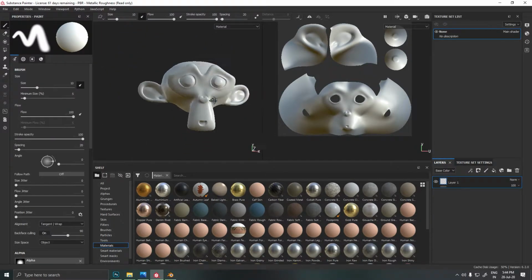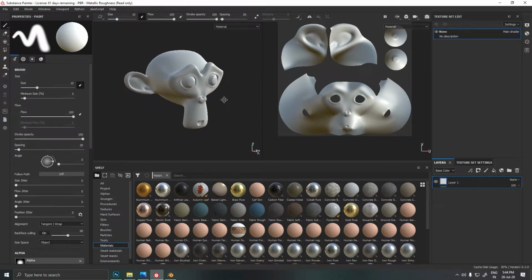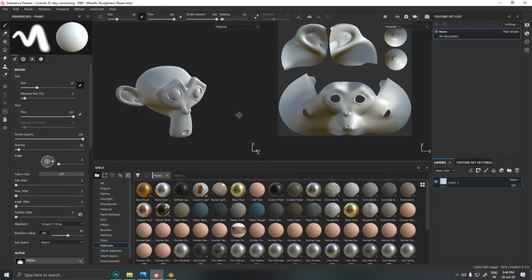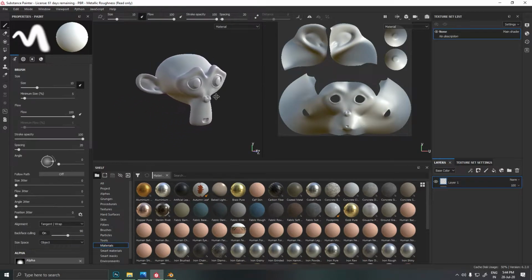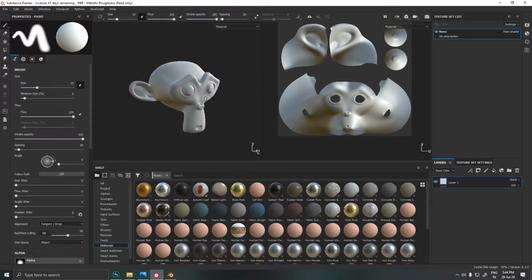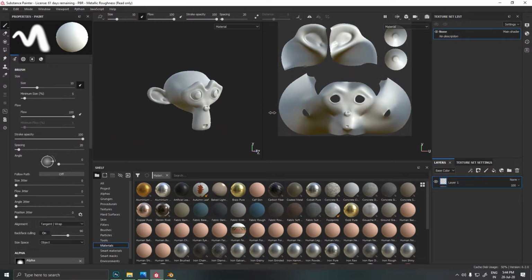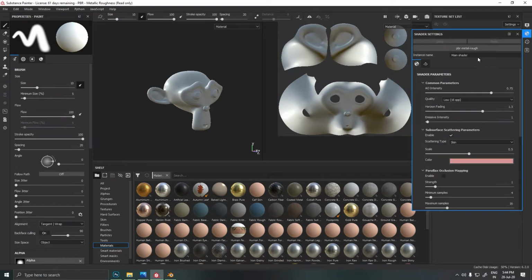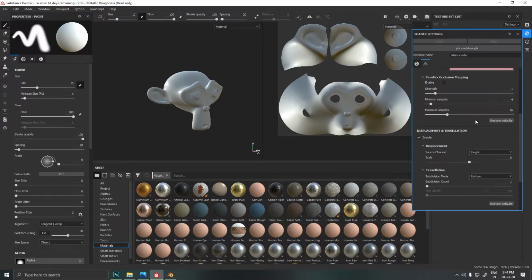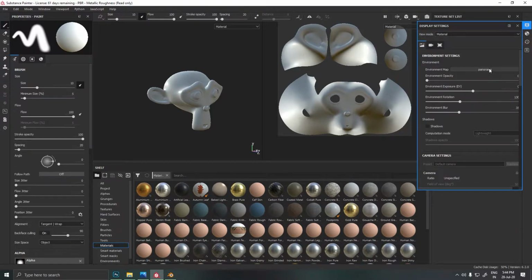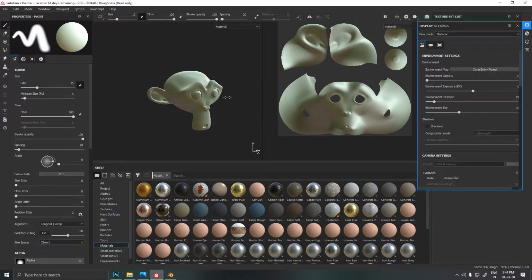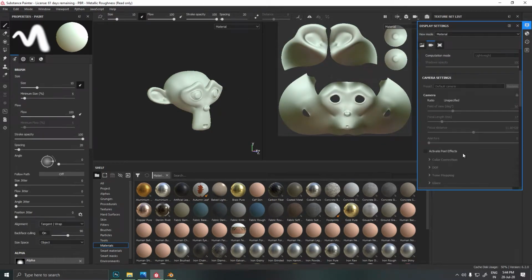I was telling that Alt left click rotates the view, Alt middle mouse button drags to move the object, and Alt right click zooms. You can also zoom with the mouse wheel. Shift right click rotates the HDRI map. You can change the HDRI map from here.